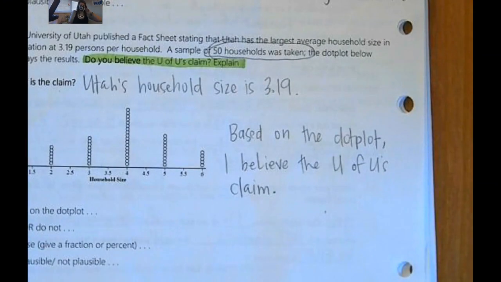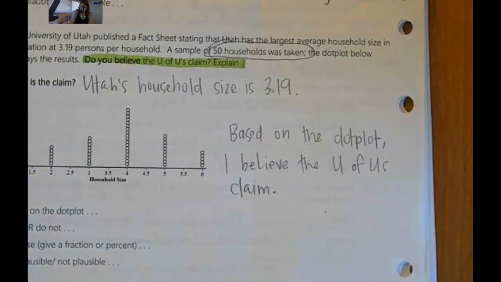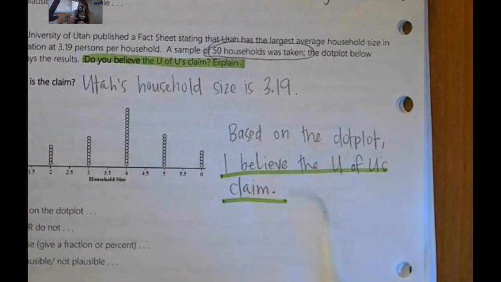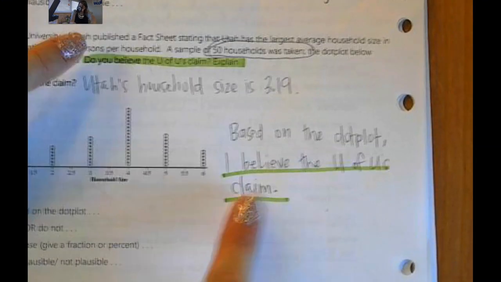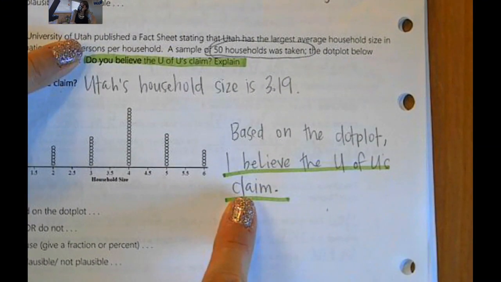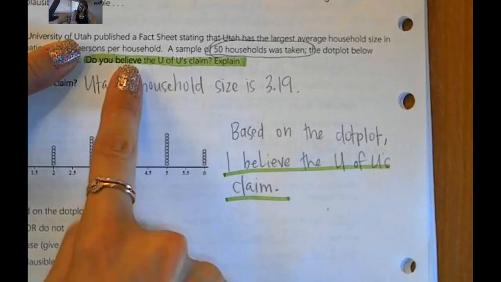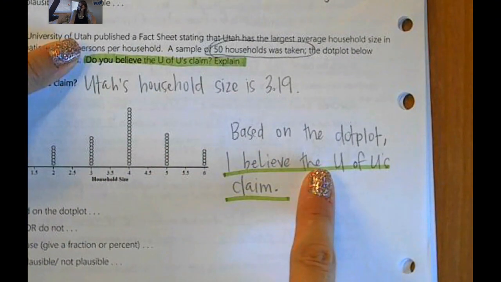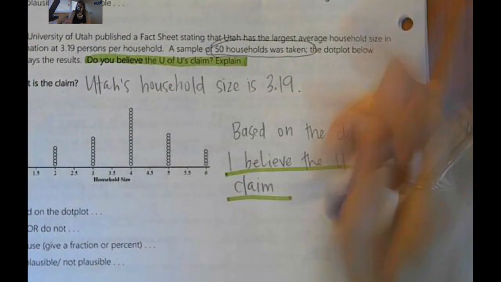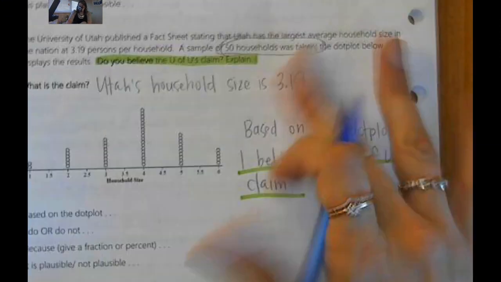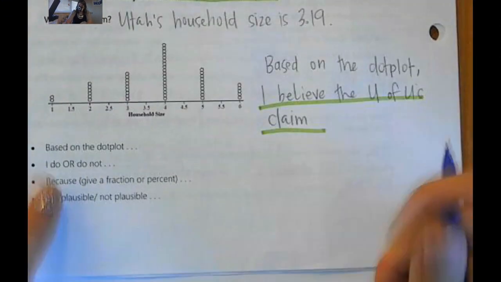Based on the dot plot, I believe the U of U's claim. And I'm highlighting these two things in the same color because I want to verify that I addressed what I needed to. So do I believe? I specifically answered that. I believe the U of U's claim. I shouldn't have put a period there because the next thing that I need to write is "because,"